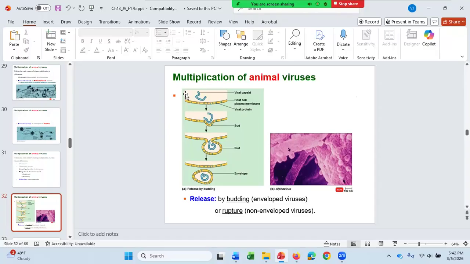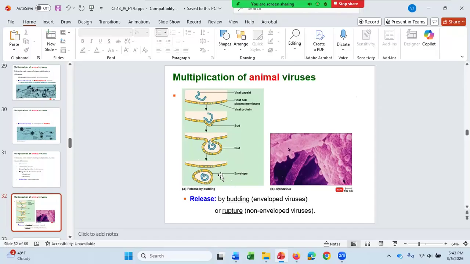And the virus will not bud here because there's no viral proteins there. It'll come up here where the viral proteins are and start budding here, forming a bud of, in this case, the cell membrane. And it'll just rip that bud off. The cell membrane will reform, reanneal, and then this bud will also reanneal. And that is how the virus obtains its envelope, from ripping off a portion of the membrane of a cell, in this case, the cell membrane.